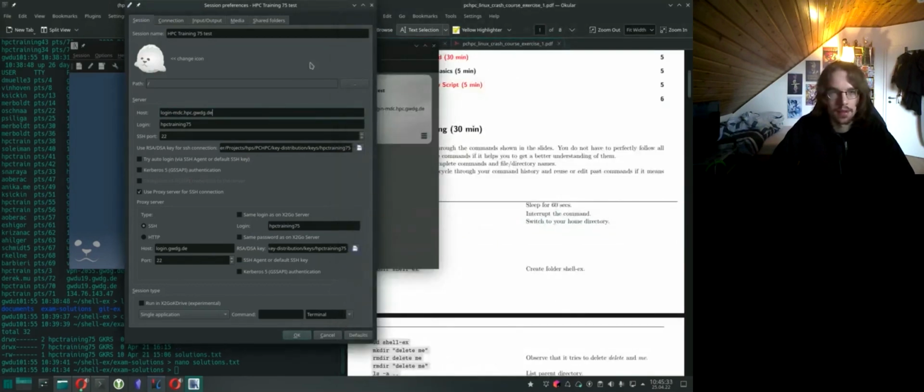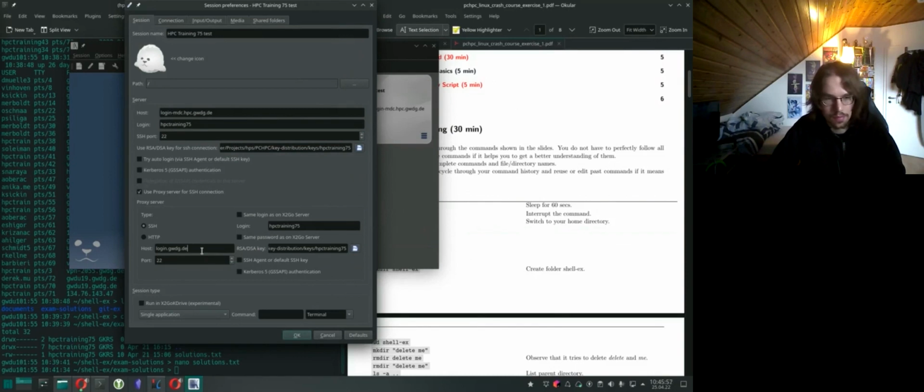So yeah, this is my X2Go setup. I have the account 75. I need to set the address of the system here, my login name here. This sets the path to the HPC key, to the SSH key. For me, it's in a subfolder for this project. And then I need to enable this proxy, which opens this